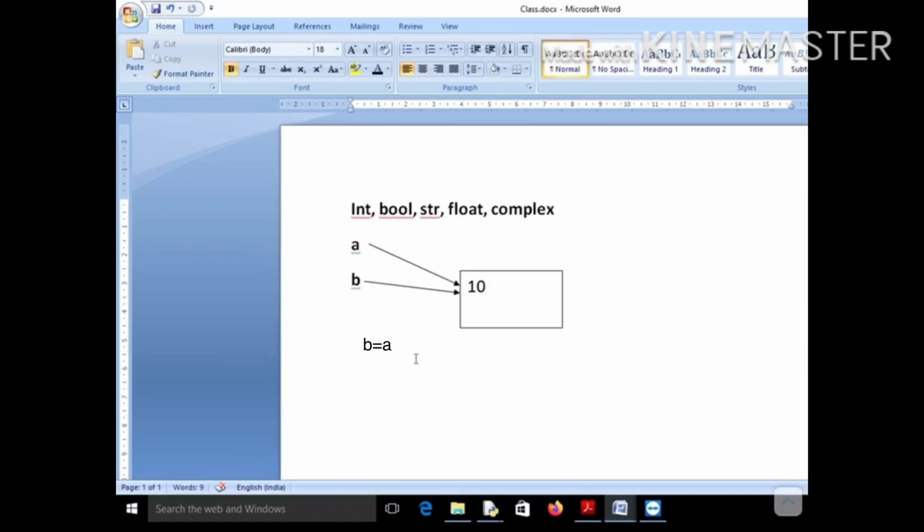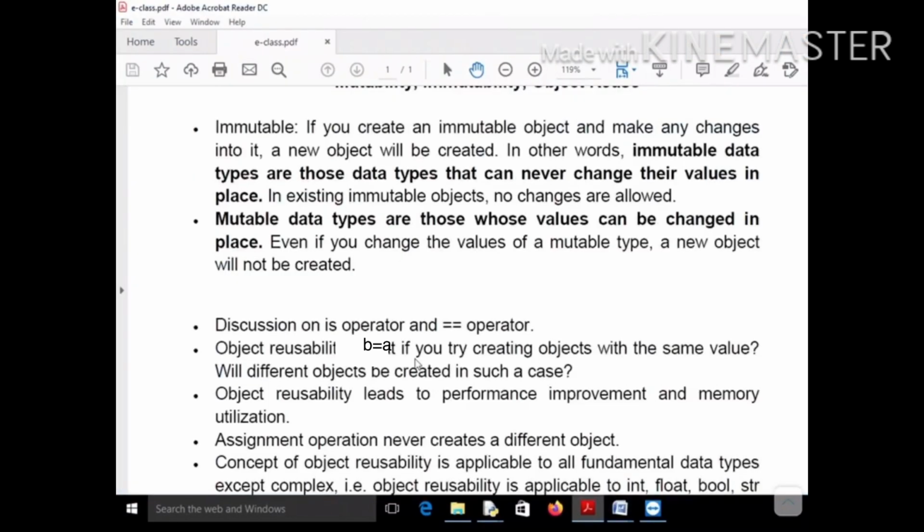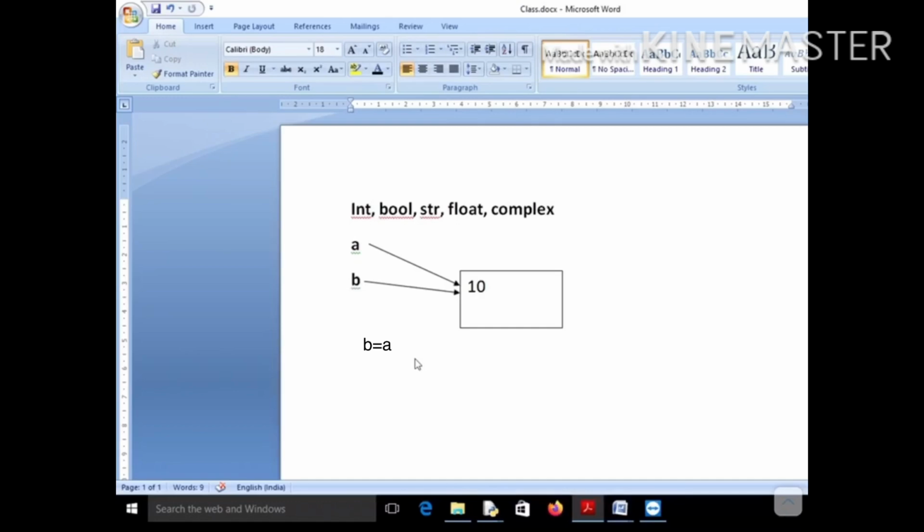And this happens in every case, whether it is immutable or mutable. So the addresses of a and b, if you write b = a, then the addresses of these two reference variables will always be equal, irrespective of which data type you are talking about, whether it is mutable or immutable. Always the addresses of reference variables will be same. So let me write this, that if you write like this, then the addresses of a and b will always be same, irrespective of which data type you are talking about.